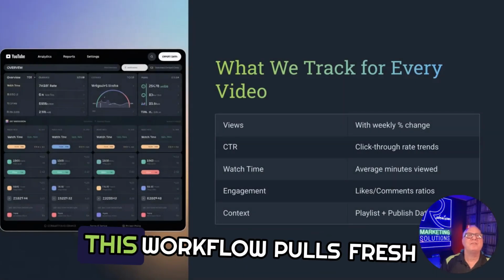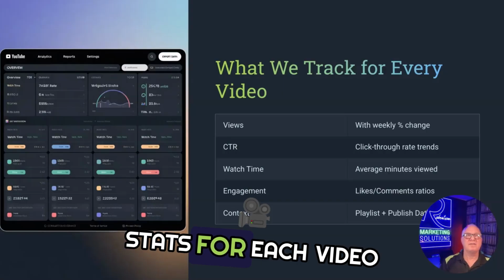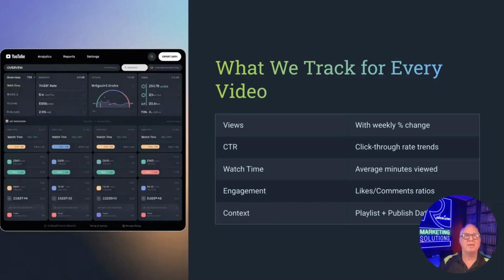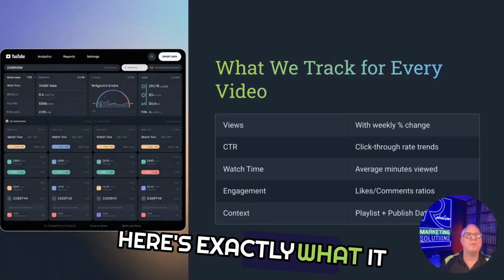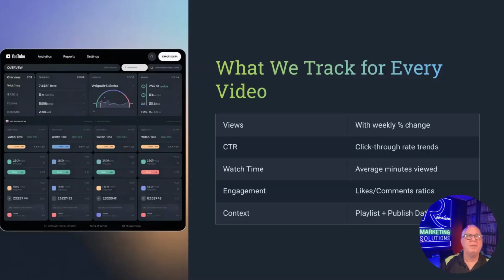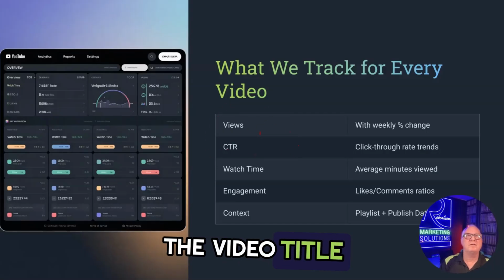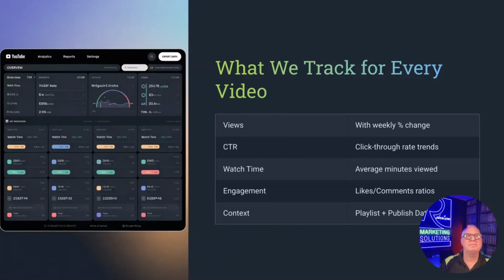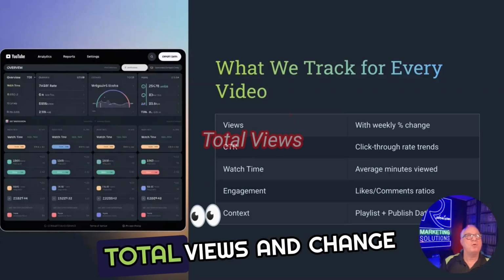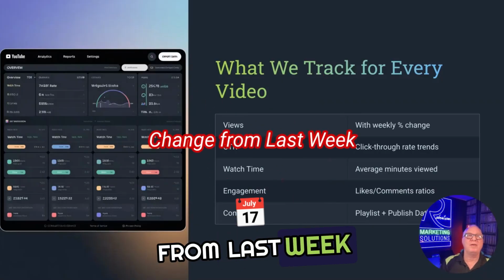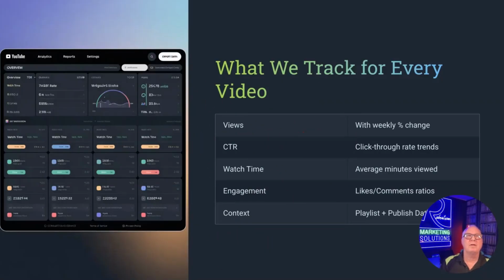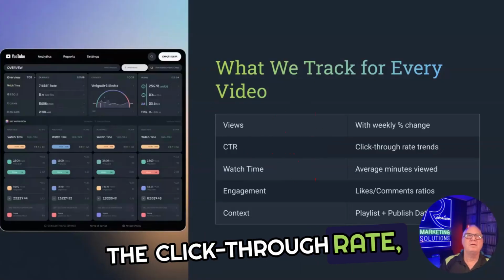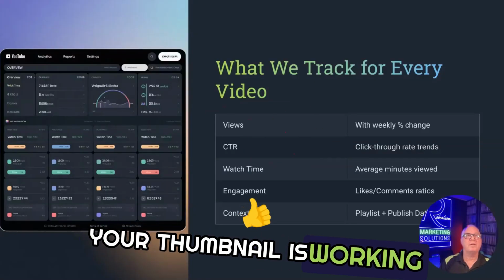Every week, this workflow pulls fresh stats for each video. Here's exactly what it tracks: the video title and video ID, total views and change from last week, the click-through rate, so you know if your thumbnail is working,